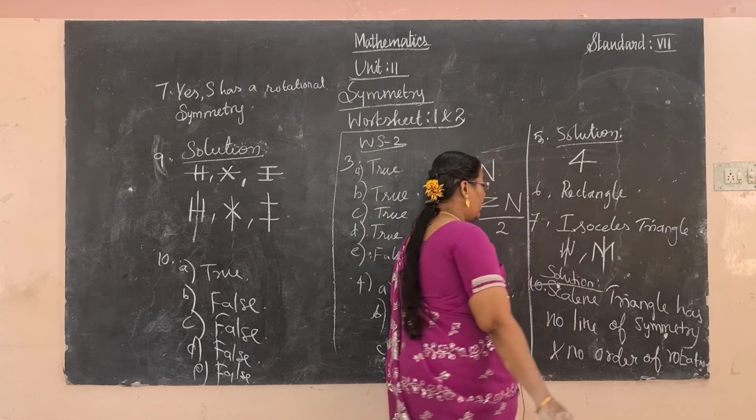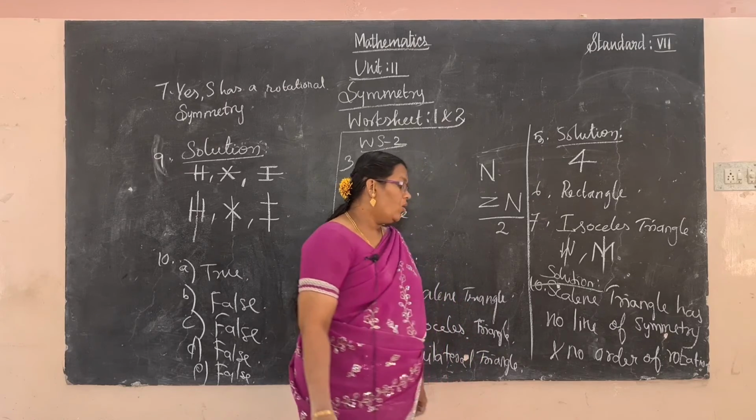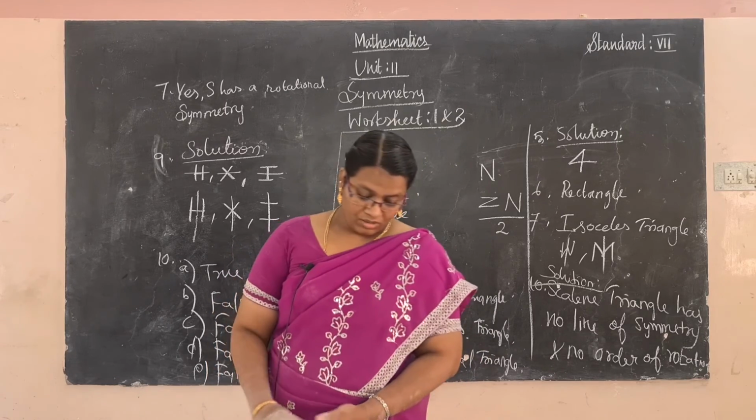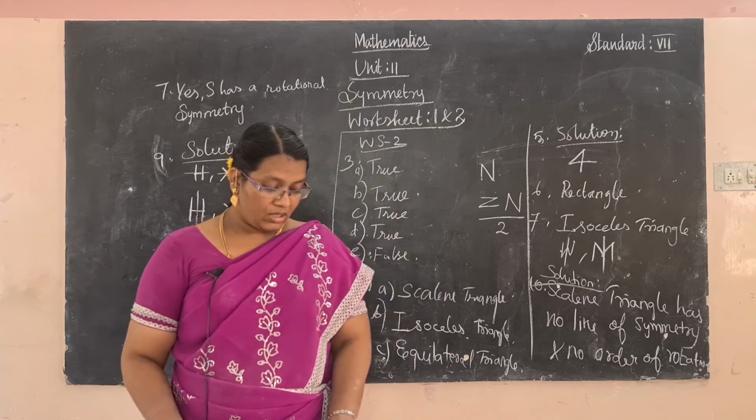So a scalene triangle has no line of symmetry and no rotational symmetry. Okay,